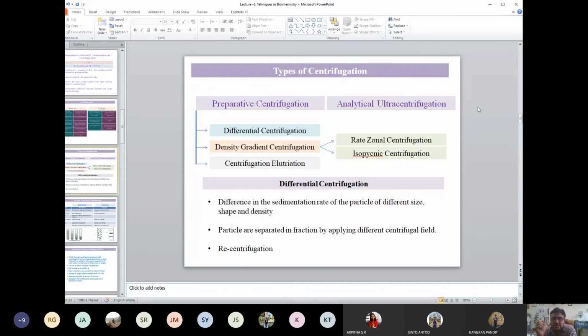So let me repeat once. I told you that centrifugation has broadly been classified into two different types. We have different advancements in this, and these two types have further been sub-classified. For example, preparative centrifugation has been further classified into three different types. First is differential centrifugation, and as the name suggests, differential means different, so difference in terms of size, shape, and density of the particle. Another is density gradient centrifugation, and further I told this density gradient centrifugation is classified into